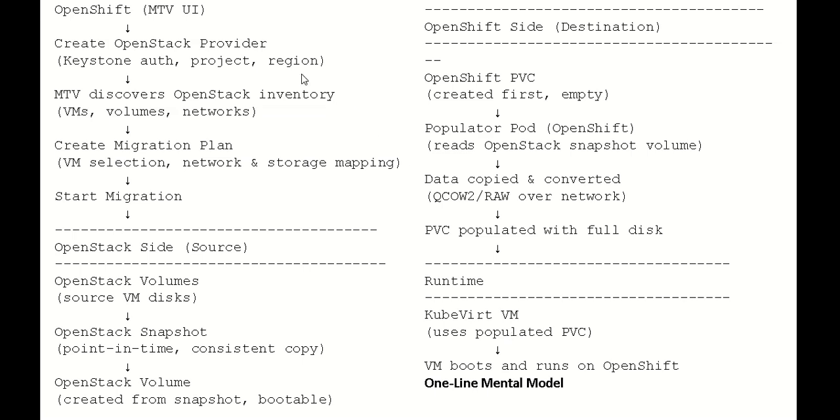So this is the complete overall picture of what's happening in the migration. First it will try to create a volume in OpenStack and create a snapshot of the volume. First we need to create a provider, and then we have to create a migration plan, and once we trigger the migration plan, it tries to create a volume or snapshot in OpenStack, and then after that, on the OpenShift side, what will happen is